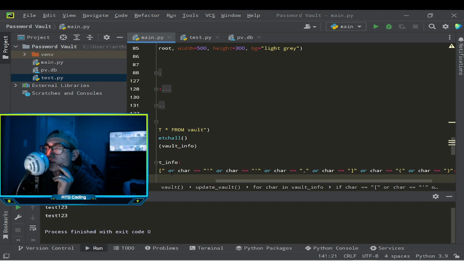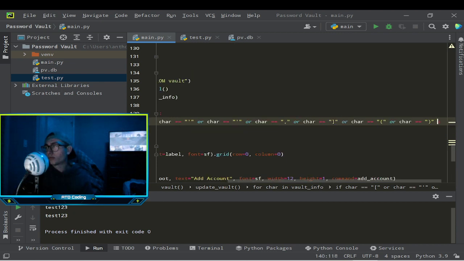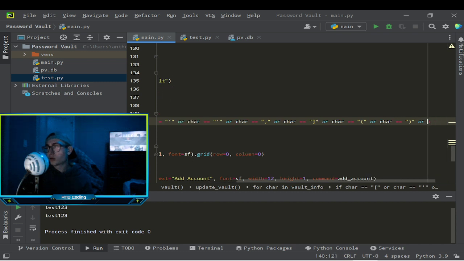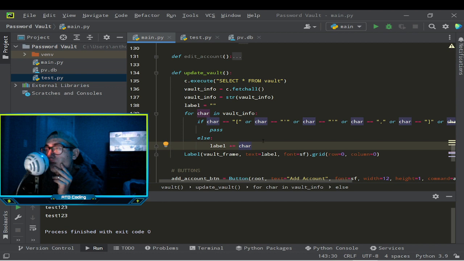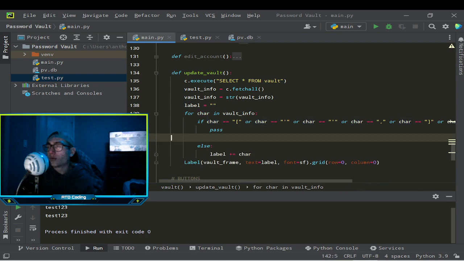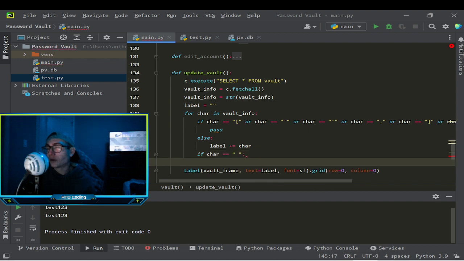What if we get rid of the or char equals an empty space, we pass, and then we say pass if char equals an empty space, we can... how do we do this? Table dot config text equals